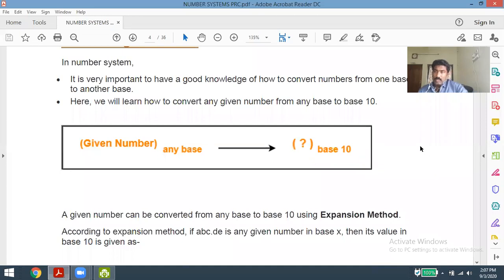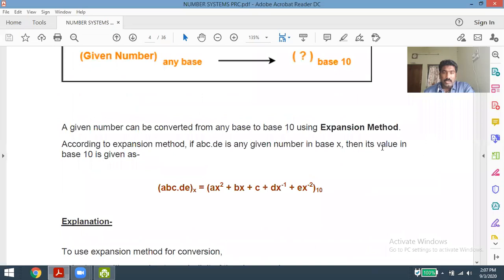So now in this section, we will go through the extension or additional concept, that is how to convert a value which is in fractional mode. When a given number is in fractional mode, how are we going to convert it? Let us see with an example. This is a small representation of how to convert a given number in any base to base 10. If you are maintaining any rough notes or other materials, you can note this down: how to convert a given base into base 10.